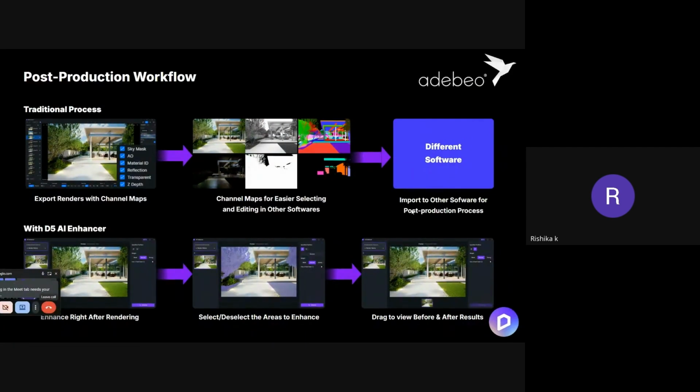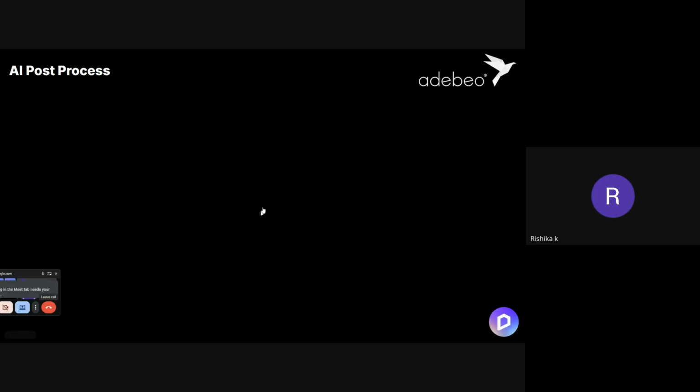D5 offers a post-production workflow also. I'm not sure how many of you have actually explored this. Yes, we take out the renders, but we have to go into other modeling tools to make some corrections here and there. Definitely with trees and all these things, we have to do some corrections. But you don't have to go anywhere. Just once your normal render is done, whatever